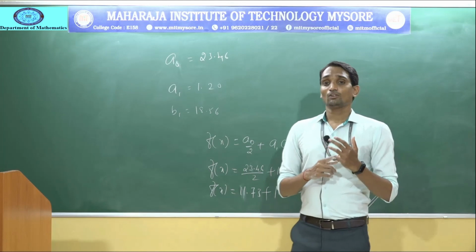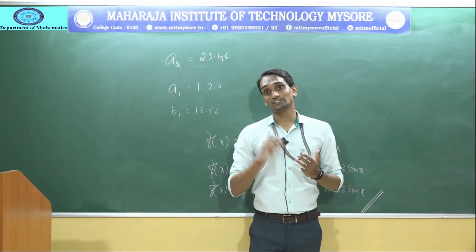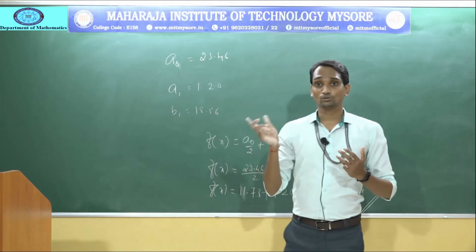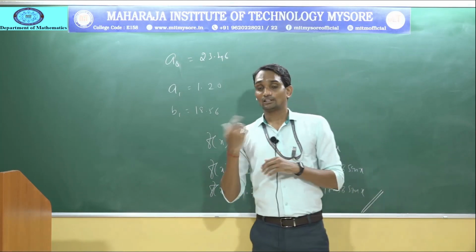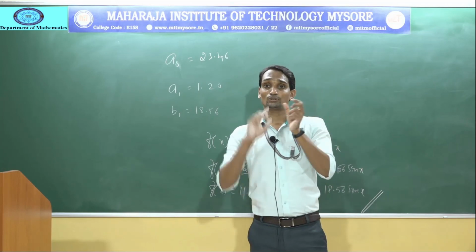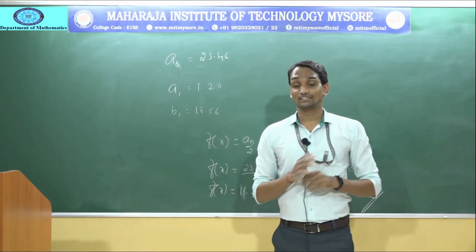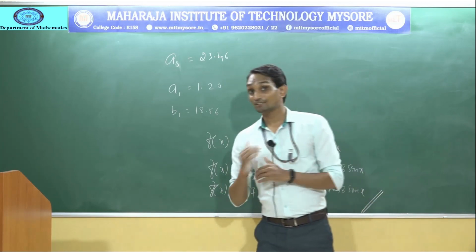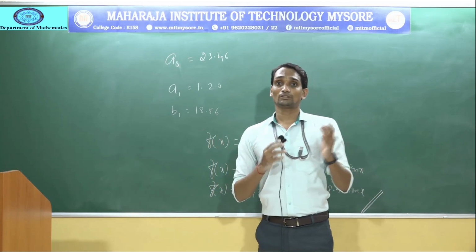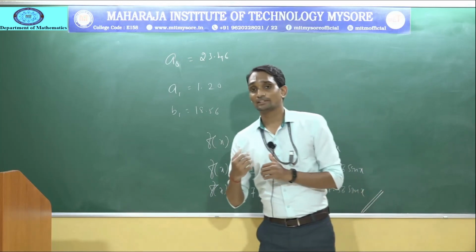The first concept of Fourier series is in terms of 0 to 2 pi and 0 to 2L, that is the full range series, in terms of 0 to 360 degrees. Half range series means you only take 0 to L or minus L to plus L. In practical harmonic analysis, the x and y values are discrete values, not continuous values.